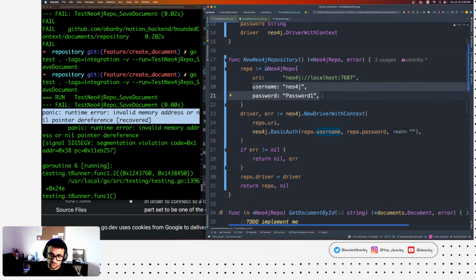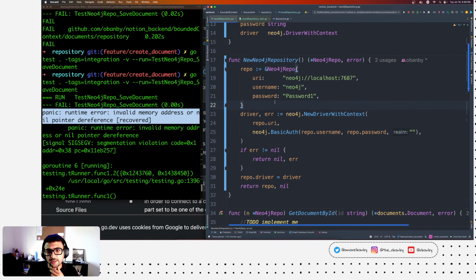Then we're going to get into Viper, and Viper allows you to do hot reload, right? So you don't have to implement it yourself from scratch. But now you need to be able to tell the repository, hey, username and password has changed. So that's what I'm trying to consider right now.